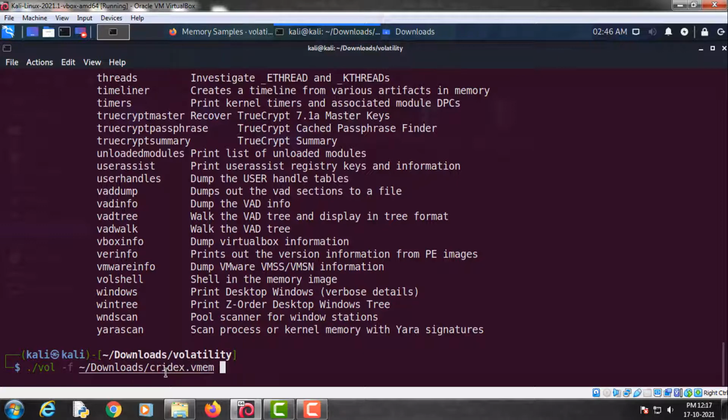Now we have to extract some information from this Cridex memory dump. For this purpose, we will use a plugin called imageinfo. Now press enter.